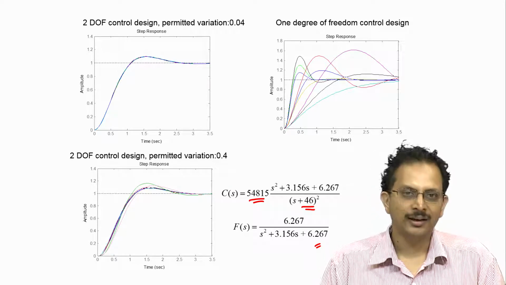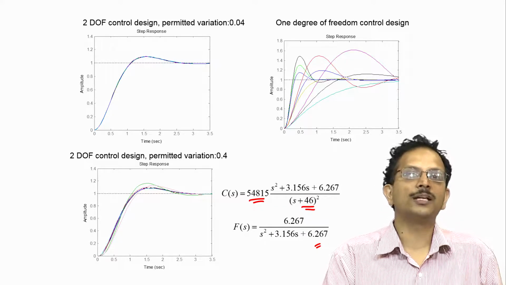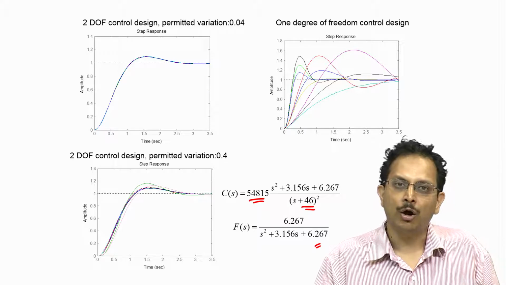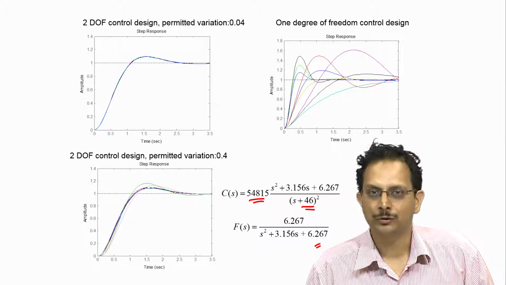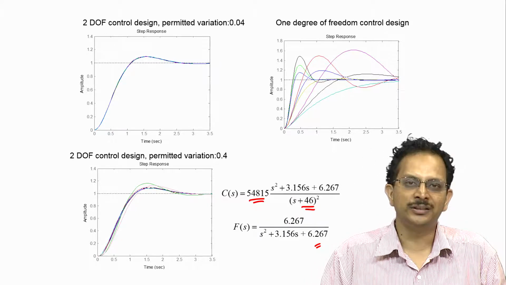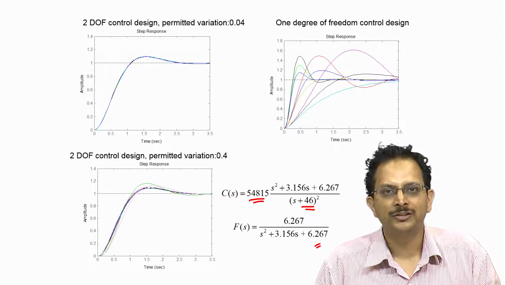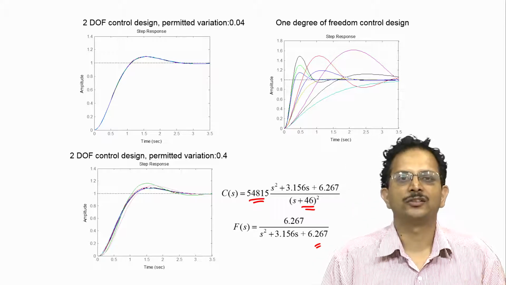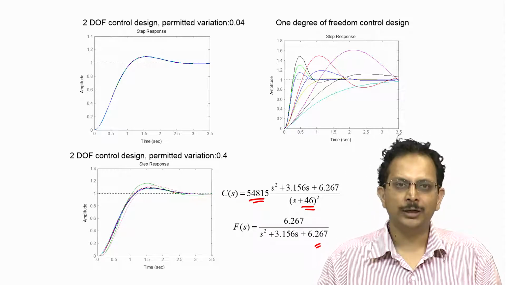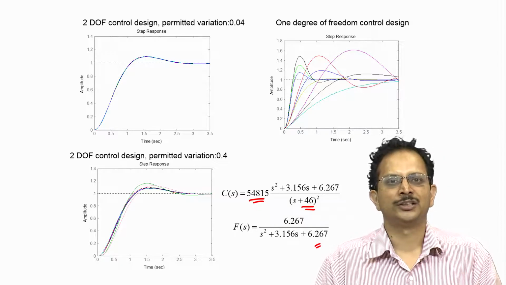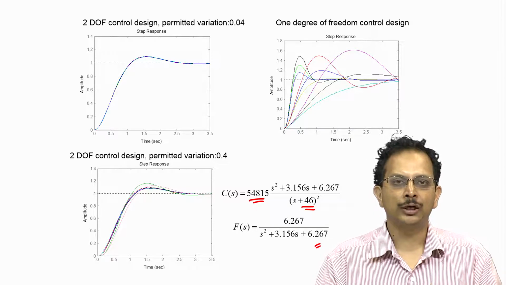In particular, let us consider that one of the other poles of the plant, which was nominally at s equal to minus 2, also has some uncertainty associated with it. Let us assume in this case that this pole can vary anywhere between the points s equal to minus 1 and s equal to minus 10. So let me formally state the problem and briefly sketch the approach that we would adopt in order to solve the problem.